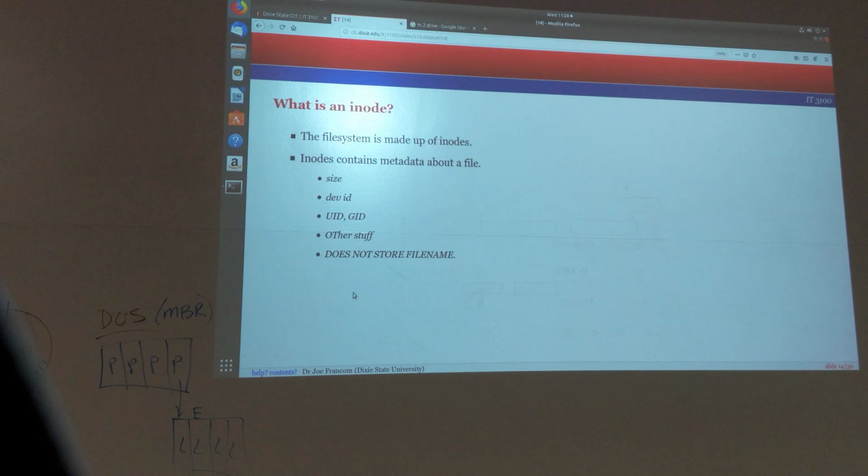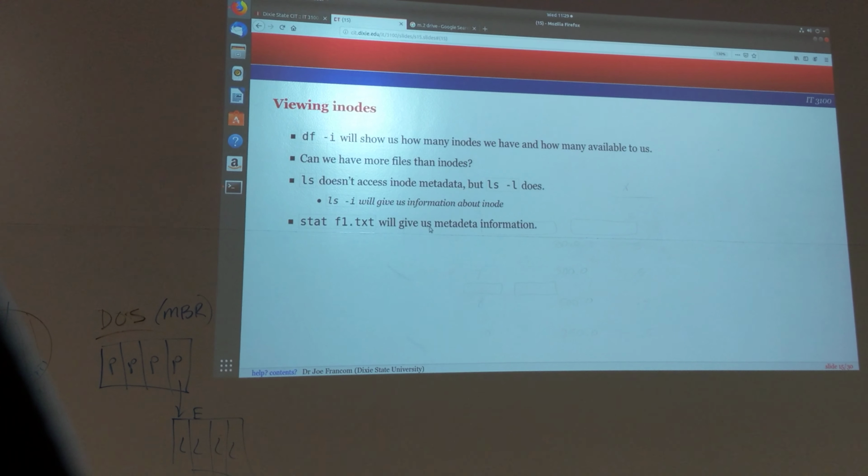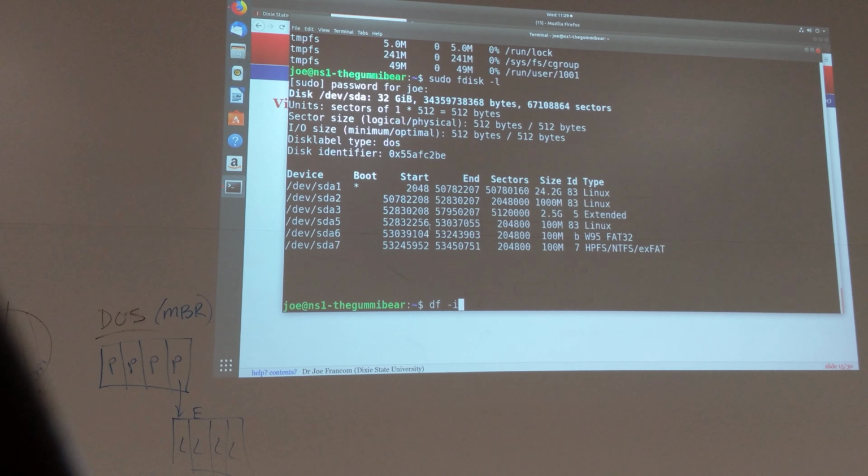But the inode itself contains metadata about a file, such as the size of the file, the device ID, the UID and GID, other stuff, but interestingly, the inode does not store the file name. So inodes contain metadata about a file. So if we look at this command, df -i,